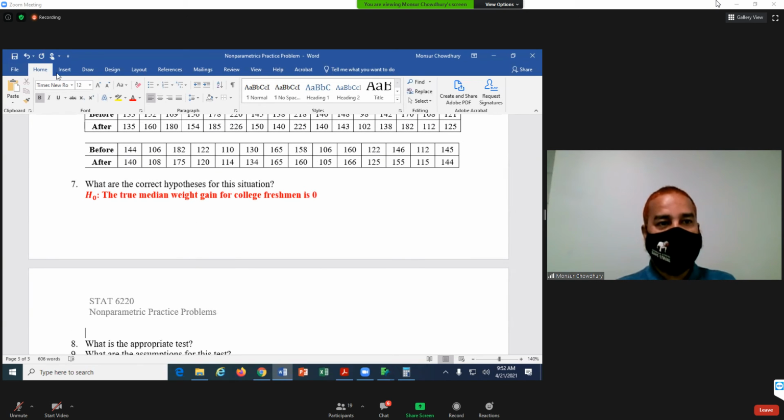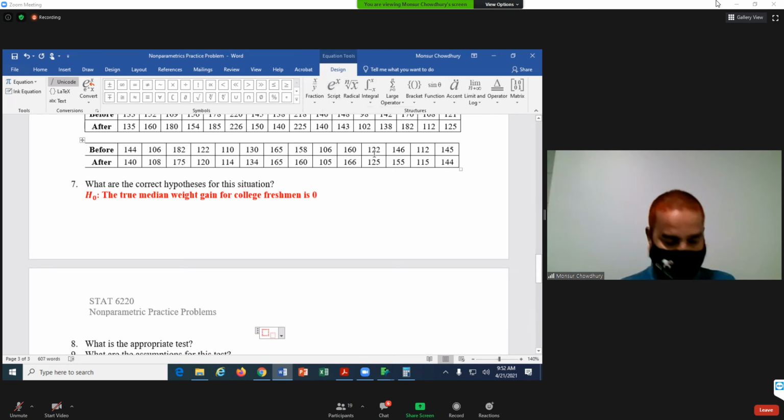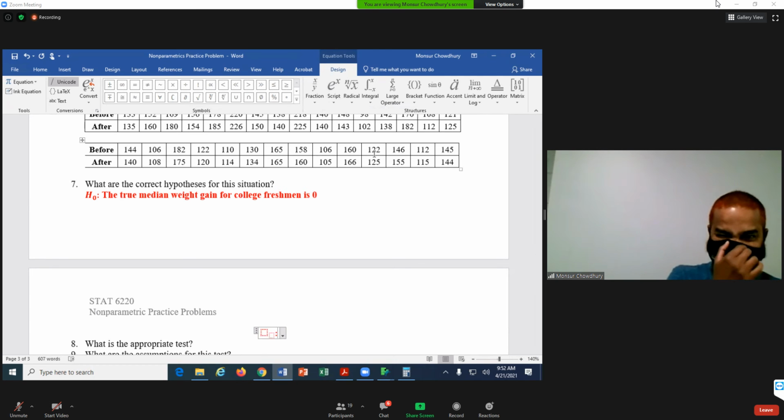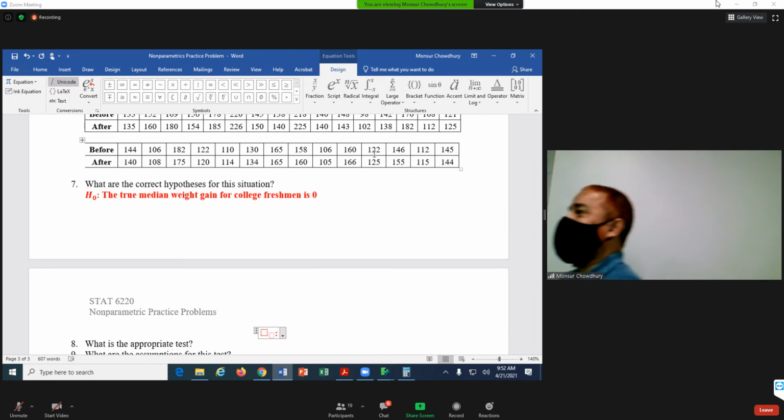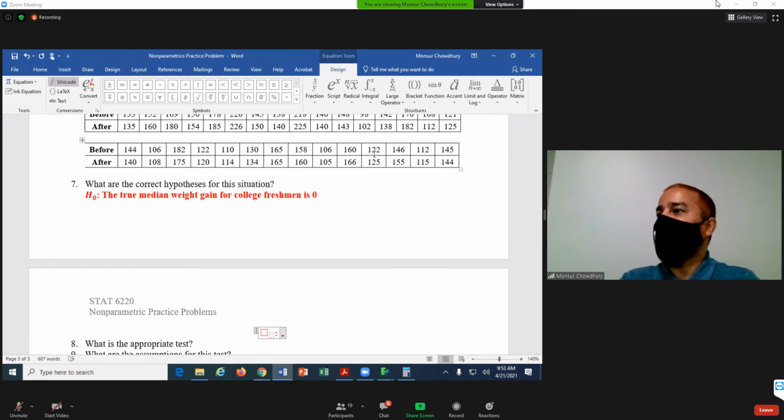What is the alternative hypothesis? HA. Median is not 0? Because we are saying weight gain, that means it should be higher. It's not that we are just looking for the differences. So that's very important, that the median weight gain is greater than 0, because we are looking for the difference to be higher. That means after minus before should be greater than 0.